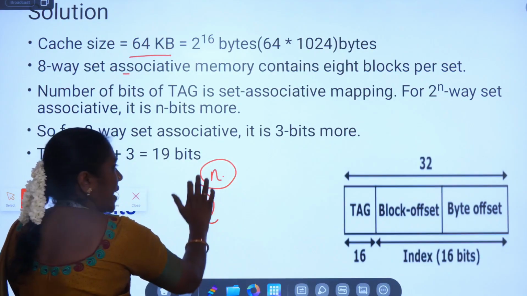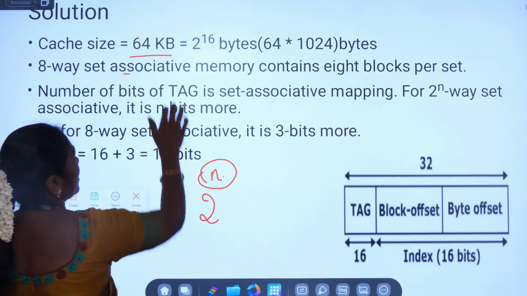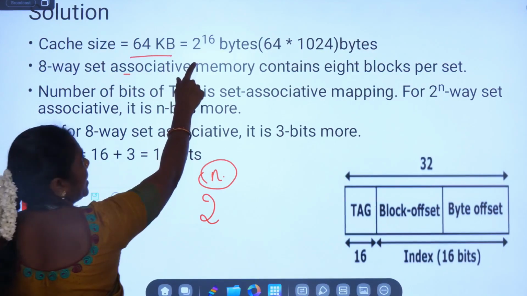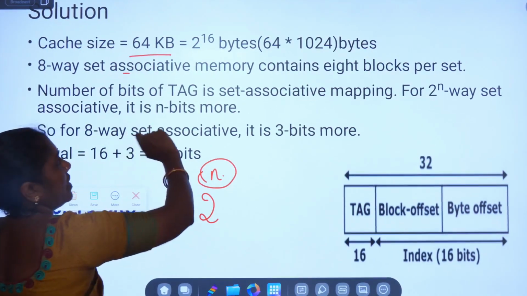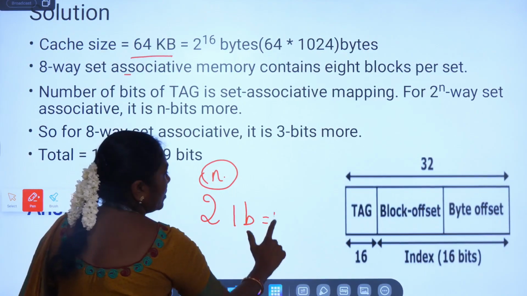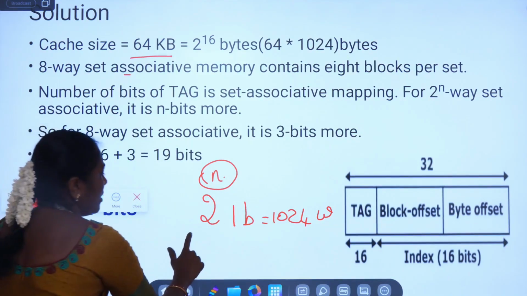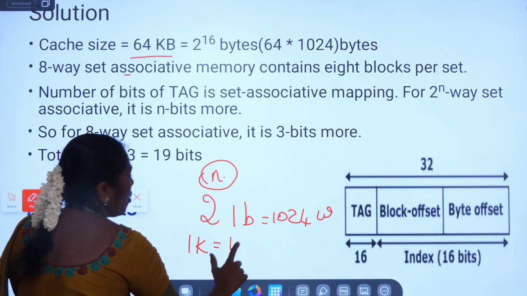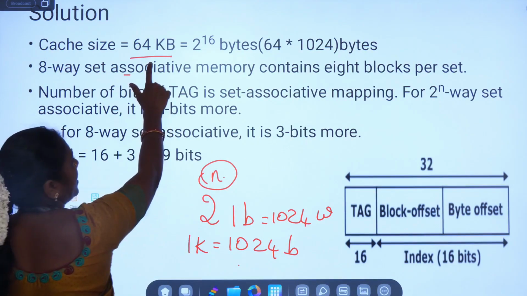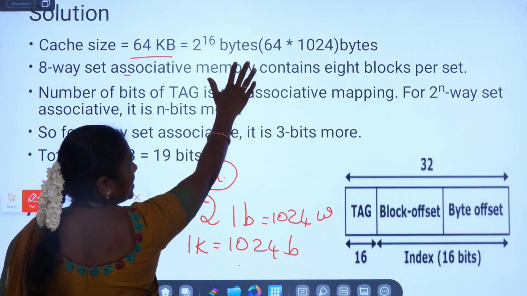This n decides the number of bits used for the address, and hence we have calculated 64 kilobytes as 2 power 16 bytes. Here 1 kilobyte is equal to 1024 bytes, and hence we have converted this 64 kilobytes as 2 power 16 bytes.